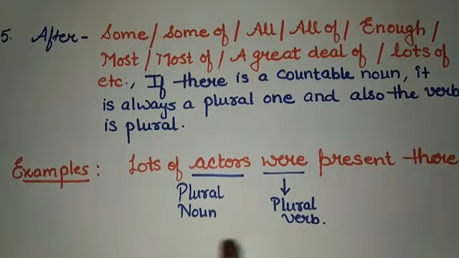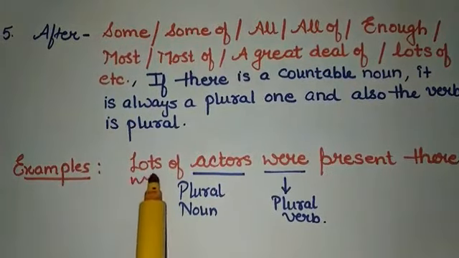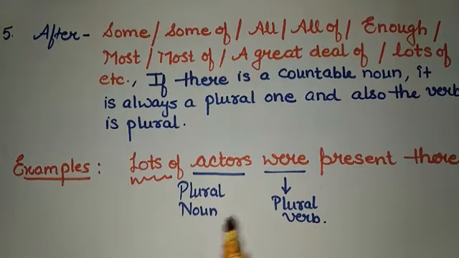Present there. Means when we are using these words like lots of, in this example, we mean more than one. Okay, by this I mean there are plural nouns. Maybe they are countable, but they are more in number than one. So we are using a plural noun and a plural verb.